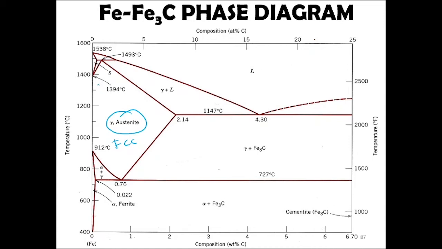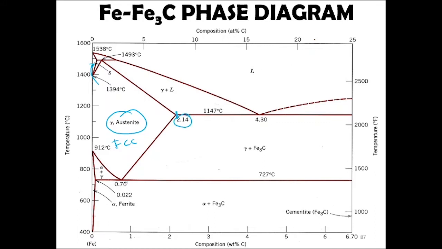Upon heating, austenite will transform into BCC delta ferrite at 1394 degrees Celsius. The maximum solubility of carbon in austenite is